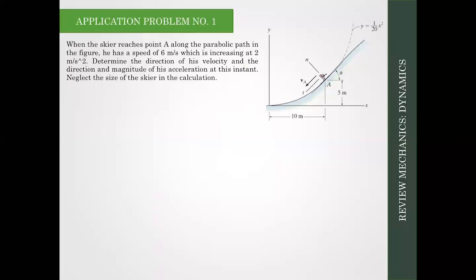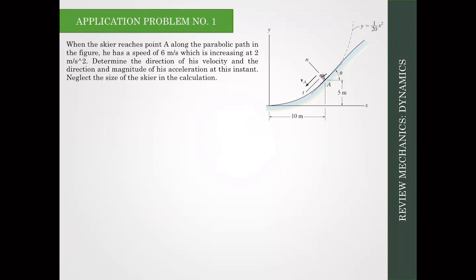So, application number 1. So, when the skier reaches point A, okay, so ito may nag-i-ski. So, ito is mountain slope siguro na snow, no? Along a parabolic path. So, may parabolic dito sa certain portion na to. Ayan, ito yung parabolic. Okay? May speed daw siya at that instant na 6 meter per second, which is increasing at 2 meters per second squared. Okay? Determine the direction of his velocity and the direction and magnitude of his acceleration at this instant and neglect the size of the skier